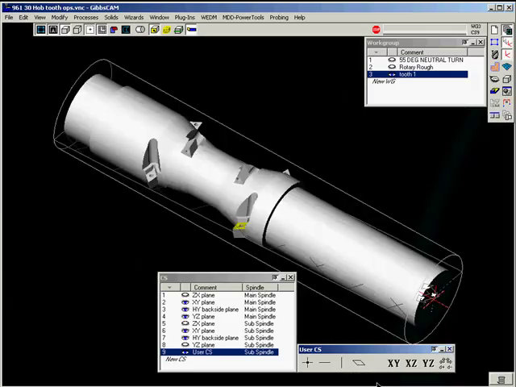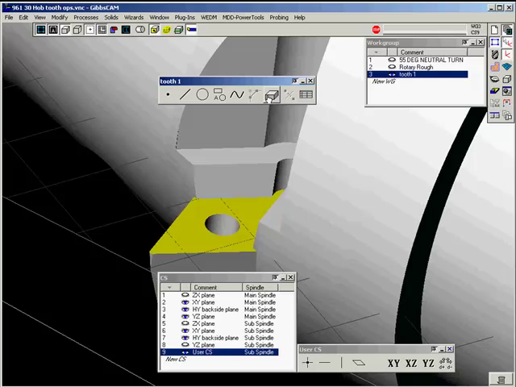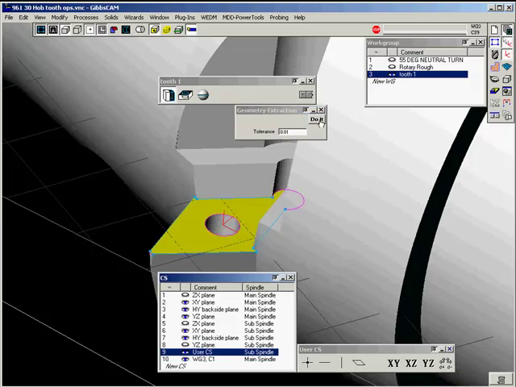Now I'm going to unzoom and verify that my spindle direction is pointing upward, which it is. I'll go back to previous view, and now I want to extract features from the solid, and I usually leave a tolerance of, say, 10 thousandths. I'm going to turn off the solid here for a minute